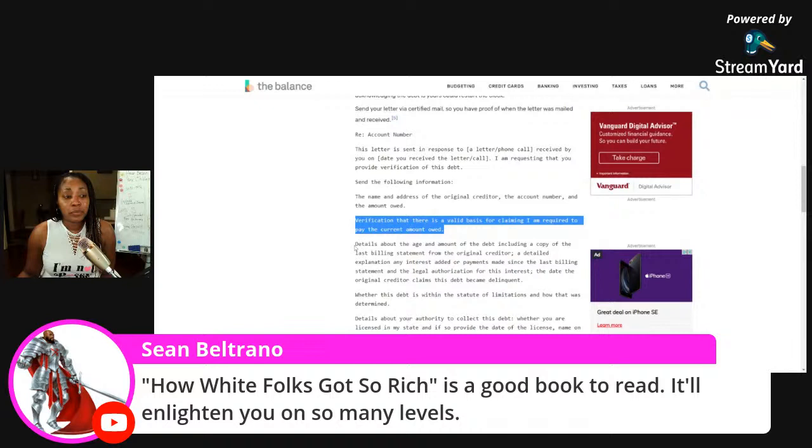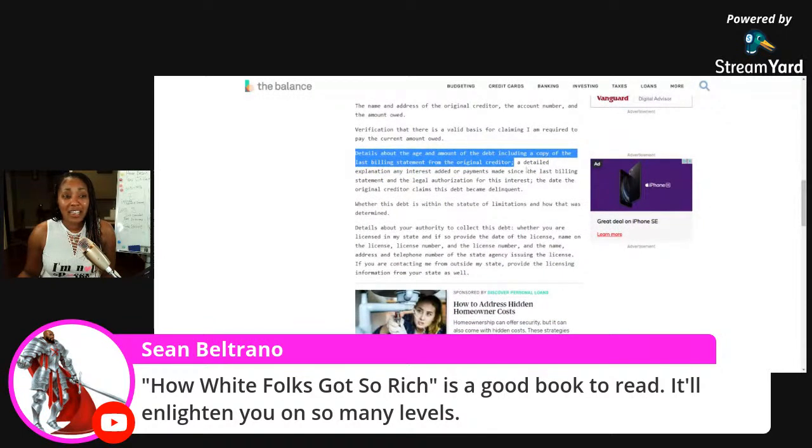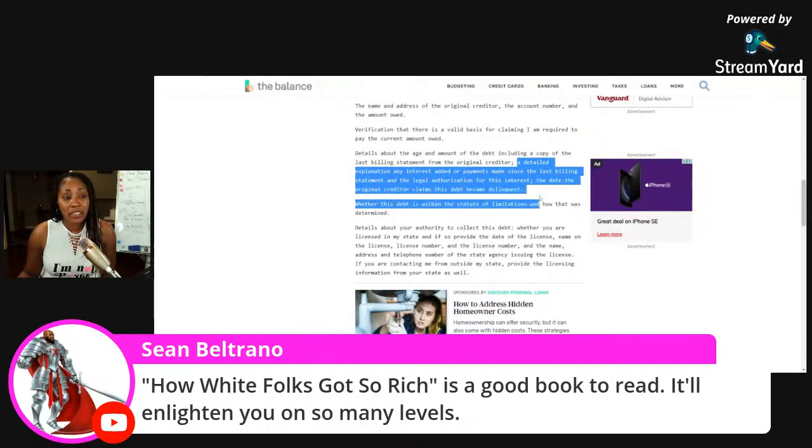Did you all know that with medical bills, and what's the quarterback for the Cowboys? Ezekiel Elliott, he's saying a violation of his HIPAA law. With medical bills, even the billing statement from the original creditor is a violation of your HIPAA laws. So even if they produce that itemized statement, it's against federal laws, but you have to know the laws. Well, see, when I send letters out, I've got law and language, not just the overview, a detailed explanation on interest or payments made since the billing statement and the legal authorization for this interest, the date the original creditor claimed, the date it became delinquent,